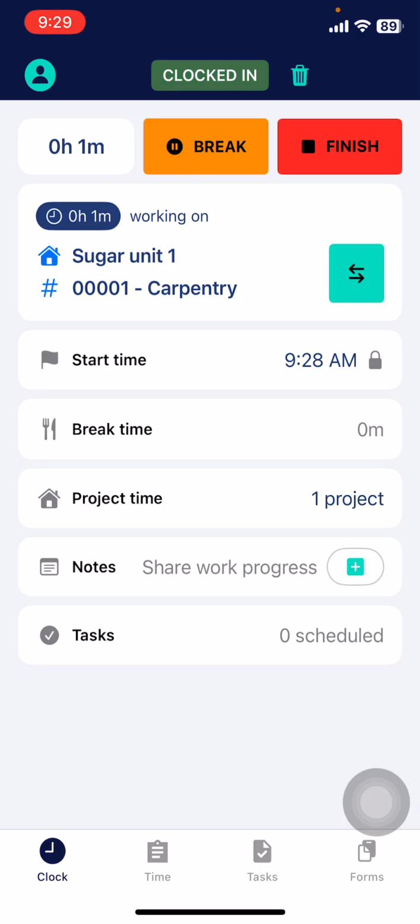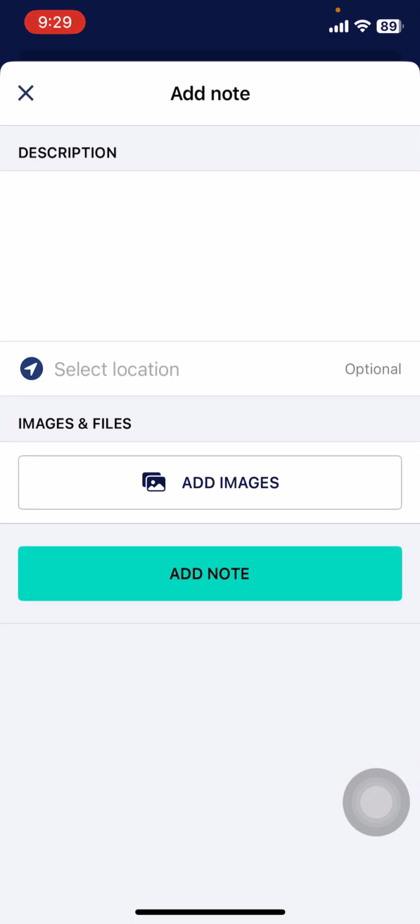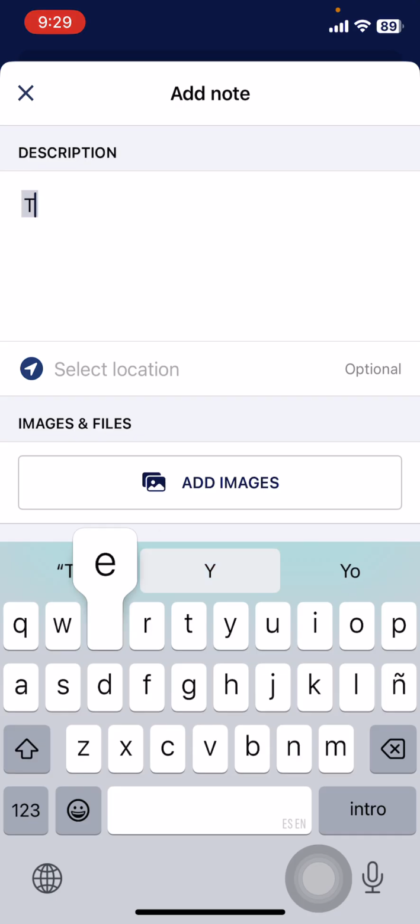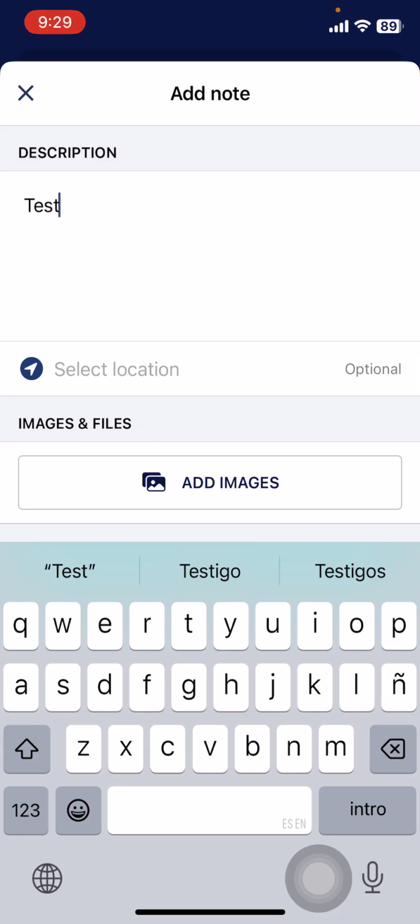So right now you'll notice in the project time section there's one project, and let's say I want to add a note to this first project. I will tap on this share work progress in the notes section, and this screen will pop up to add a note. I'll type in my description. I'll say test, and if I want to associate this note with a project, I can do so by tapping the select location